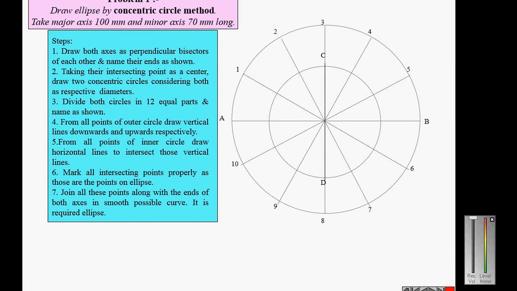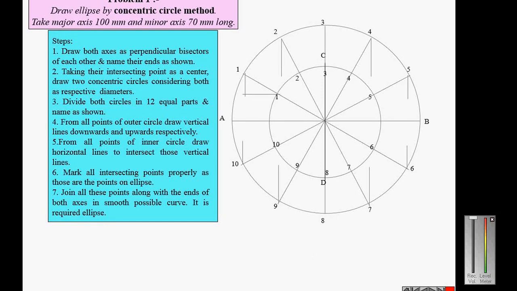12 equal parts. Mark the bigger circle as 1, 2, 3, 4, 5, 6, 7, 8, 9, 10 as shown in the figure, and the smaller circle as 1, 2, 3, etc. as shown in the figure. So draw a perpendicular line through points 1, 2, 4, 5, you can see 10, 9, 7, 6 as shown in the figure, and draw parallel lines to major axis through